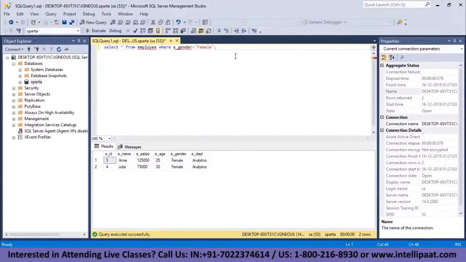Now I'd want to find out those employees whose age is less than 30. So let me write the command for that. Select star from employee where I will give in the condition. So this time the condition would be